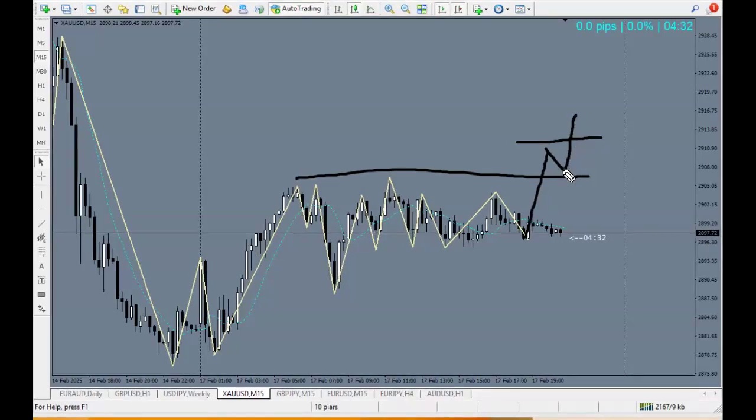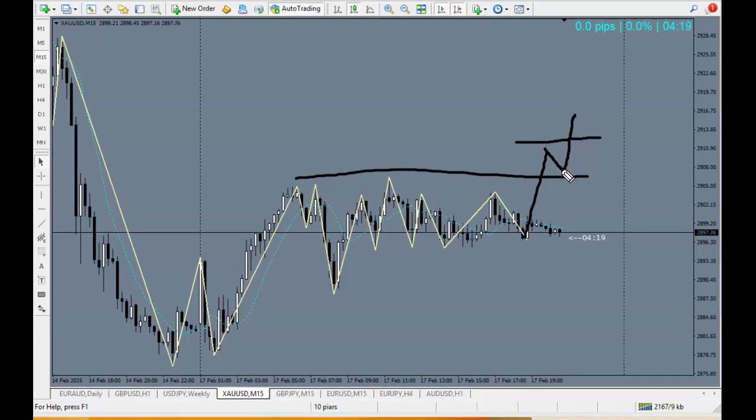Okay, so that's my simple trade plan. At the moment I am bearish. However, I've marked out my level, and I say if it breaks this level, then I'm no longer interested in the sells. Why? Because